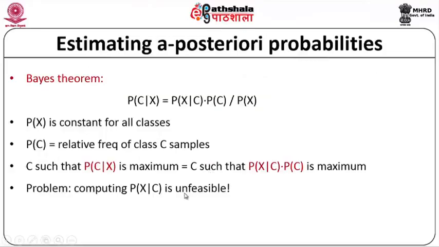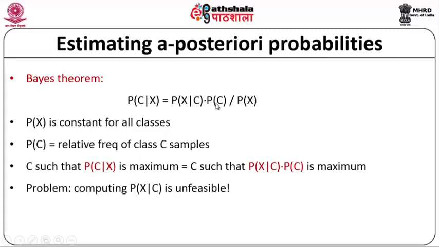So, how do we estimate the posterior probability? Bayes' theorem states the probability of an event X given that another event Y has already occurred. Here in this classification scenario, the data is what we have, so it has already happened, and we are trying to predict the chance of the data belonging to a class label C. So, it is equal to probability of X given C multiplied by probability of the class label, the whole divided by probability of data. As I already mentioned, probability of data is going to be constant for all classes. Therefore, we can ignore the denominator. All that we need to worry about is the parameters in the numerator.